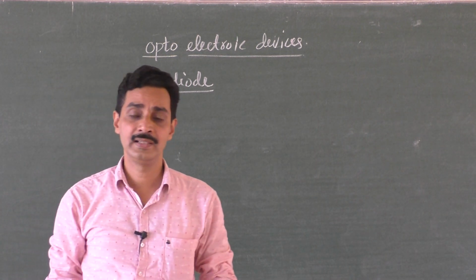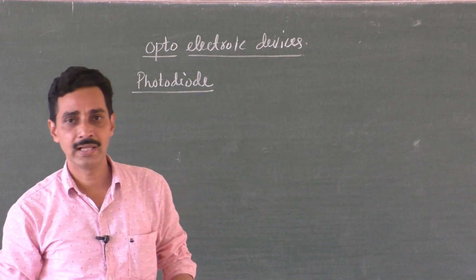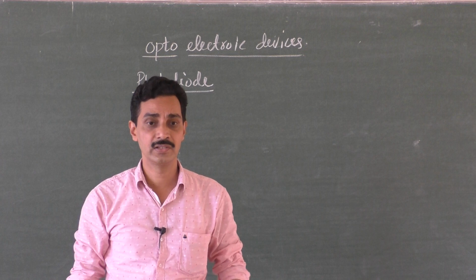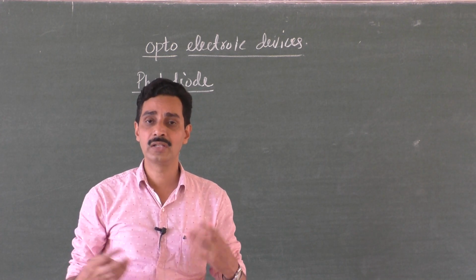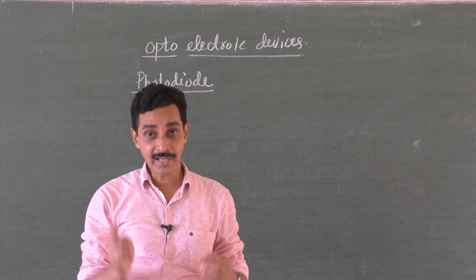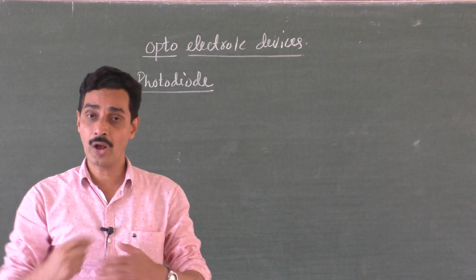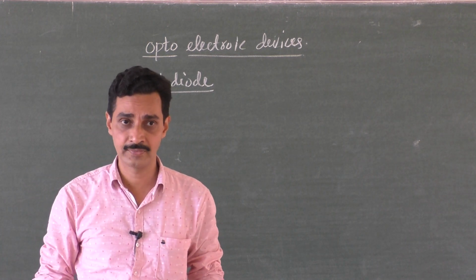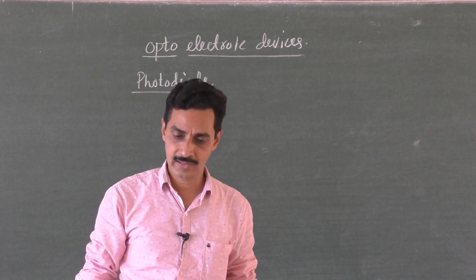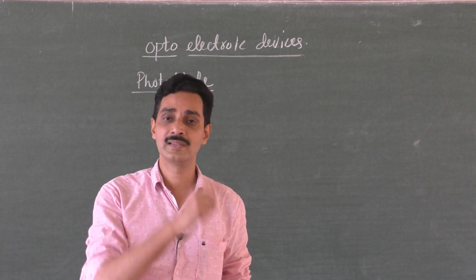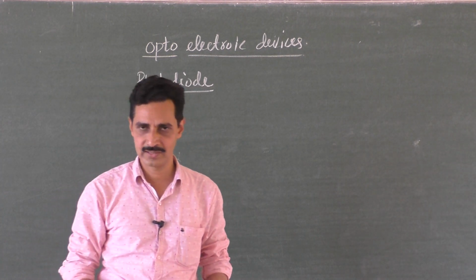It gives a reverse bias current depending on the light falling on it. And you know that Zener diode works according to the electric field developed in the reverse bias. That electric field can knock out electrons from the atoms, and that creates, along with the minority carriers, more current in the reverse bias. So the current changes in the reverse bias but voltage remains constant. That is the principle of Zener diode. That's why it is used as a voltage regulator.